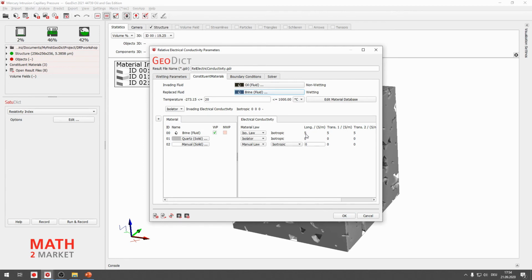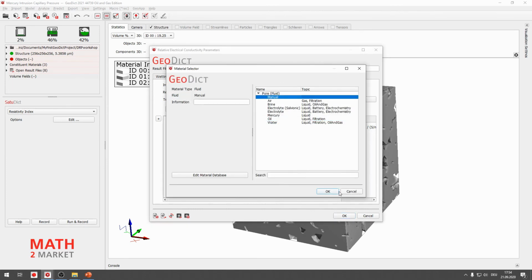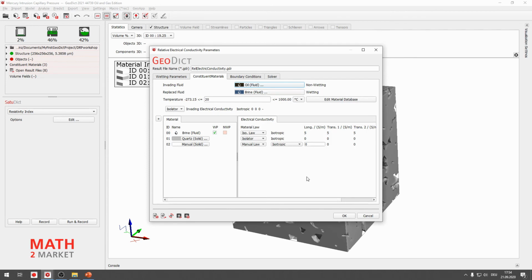If you change this, we can see that we now get an electrical conductivity in our wetting phase. That's perfectly fine. We can also set a conductivity for the oil phase or our solid phases, so that it can be computed with this approach here. One thing to notice: if you have materials from our database without an electrical conductivity, you can just change them by making a manual material out of them, enabling you to set an electrical conductivity. So we will just go with brine as the only phase with the conductivity.